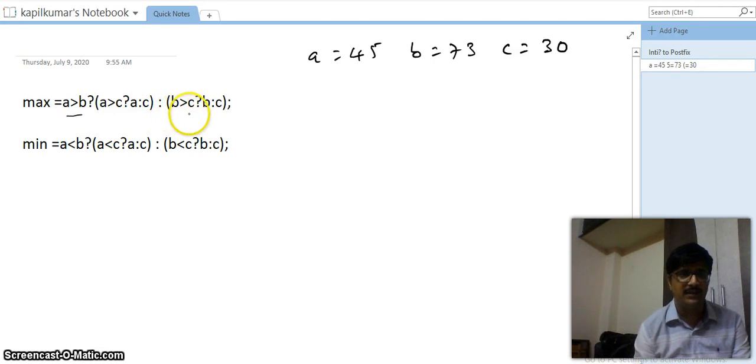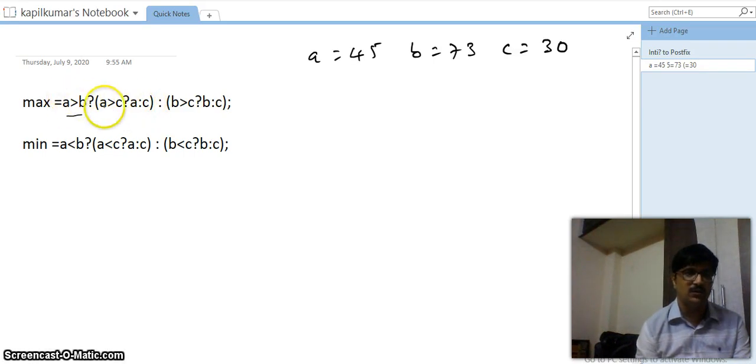Once again you can find one more expression here. If a is greater than c, then it will assign the a value to max. If this condition is false, then it will assign the c value to max.